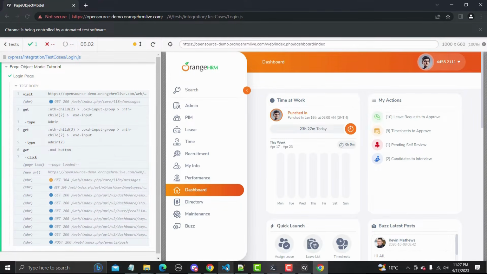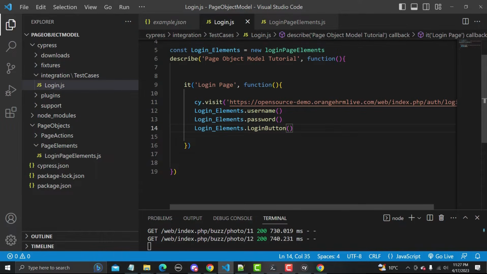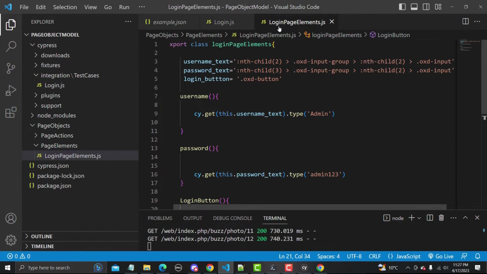Now let me go back again to the Visual Studio Code here, and here we are in the actual test case. We are not providing the username and password, but in real time what happens is that when we will be using the fixtures and all the things, we need to pass the values dynamically here. And if we put this admin and password here, we cannot make it dynamic.